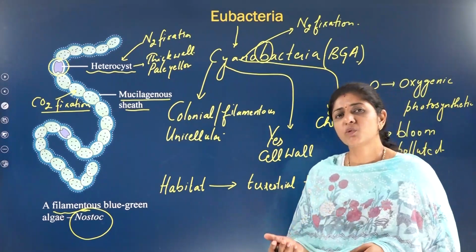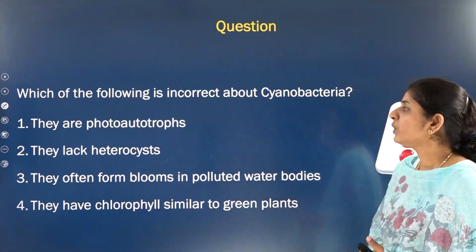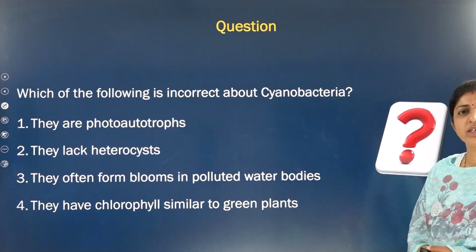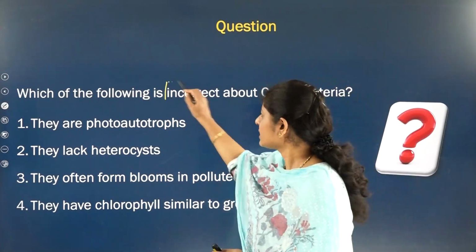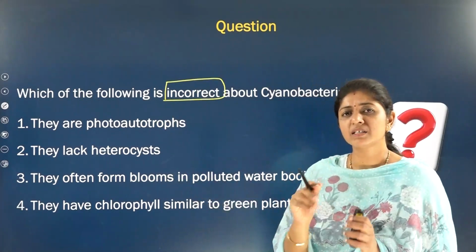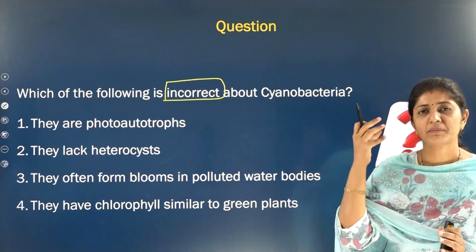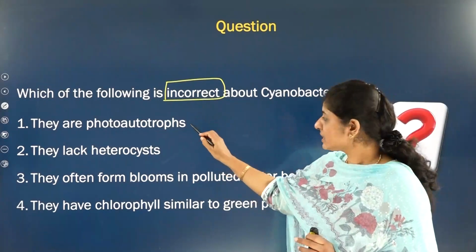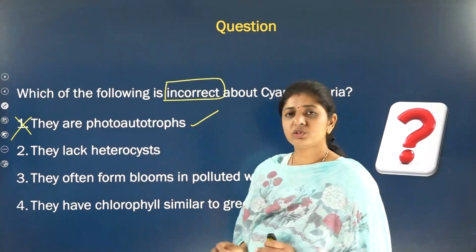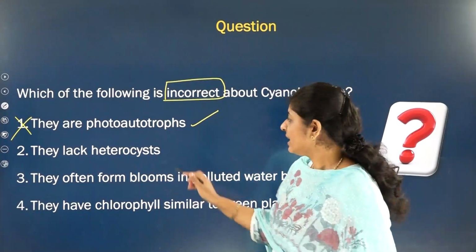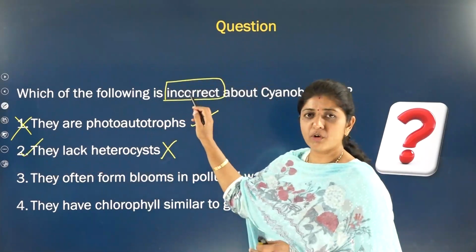Let's talk about some questions that they have asked earlier through PYQs. The first is, which of the following is incorrect about cyanobacteria? They are photoautotrophs. This is right. But in the question they are asking for the incorrect one. Make a habit of marking your helping words in your question paper, right? Better to mark it instead of keeping it in your mind. So they are asking for the incorrect thing, but this is correct. That's why this is not your answer. Then, they lack heterocyst. Just now we discussed, they are having heterocysts. Can I say now this is incorrect? So this will be your answer, based on the concept asked in the question.